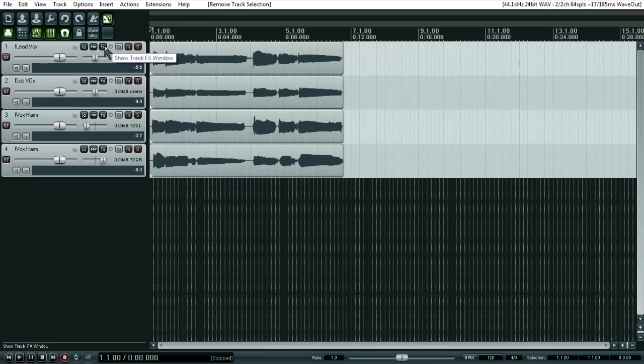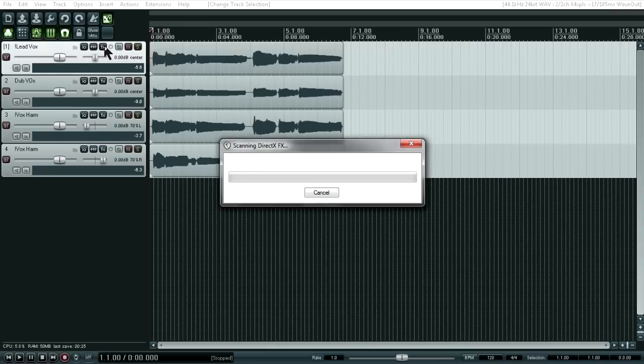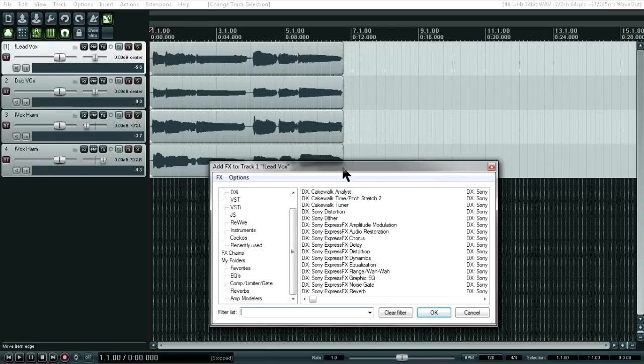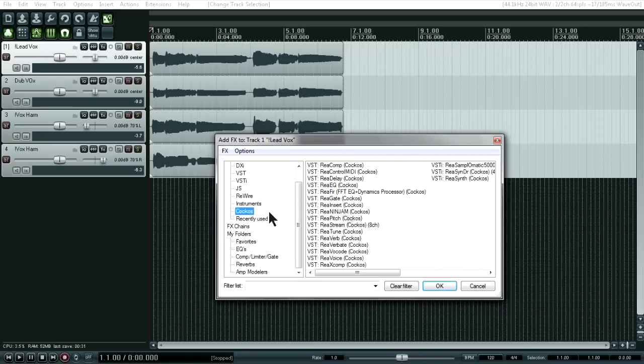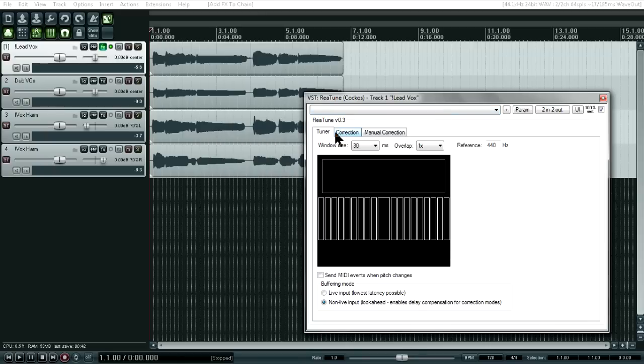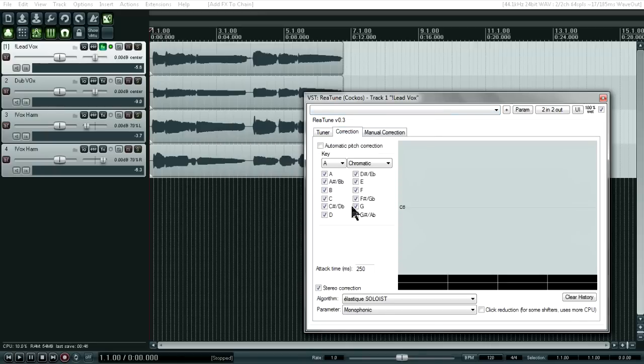So let's go to the effects button on the first track. And what I'm going to do is go to the Reaper plugins and click on ReaTune. And now we're going to go to the corrections tab. And these are only mono tracks, so we don't need the stereo correction. Uncheck that. And then I'm going to change this attack milliseconds to only 50 milliseconds because I'm going to be